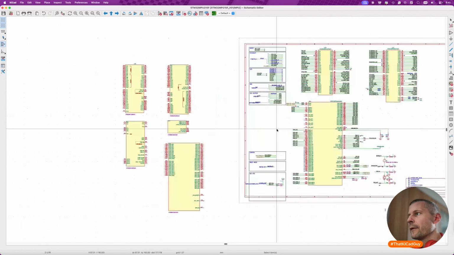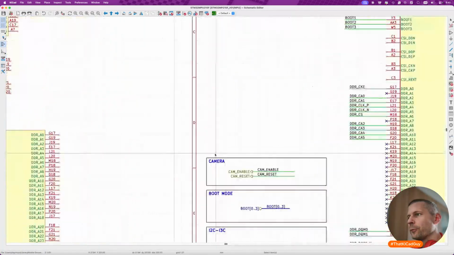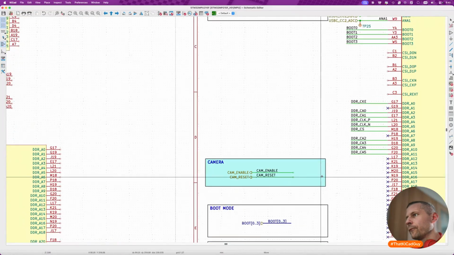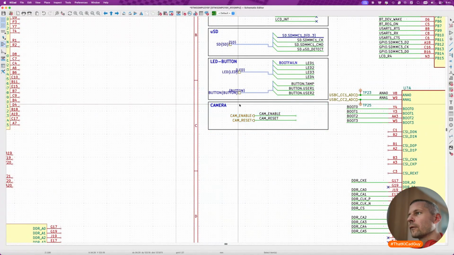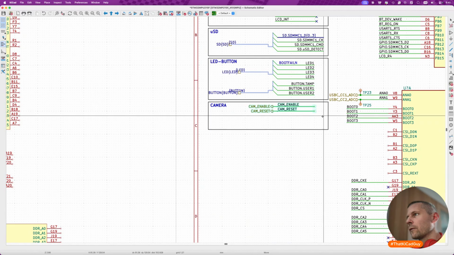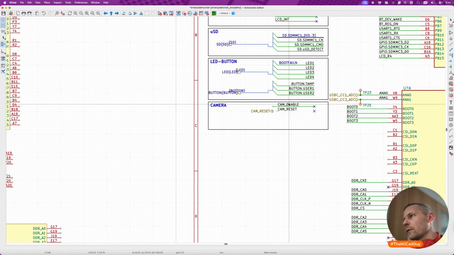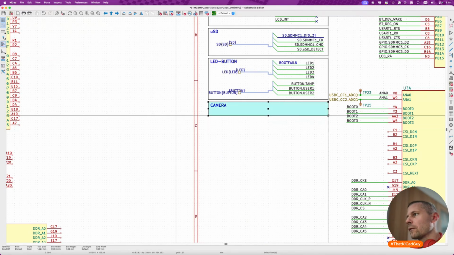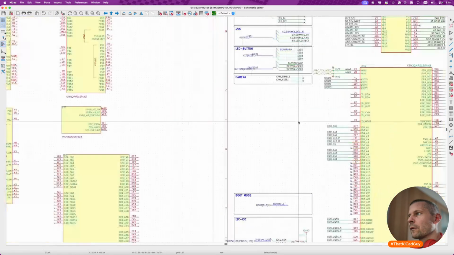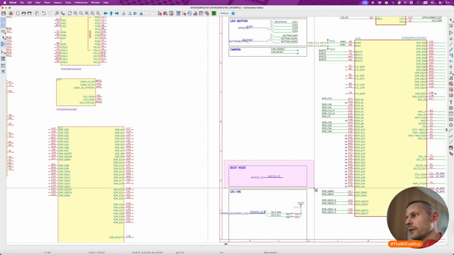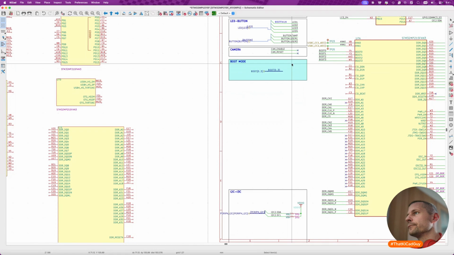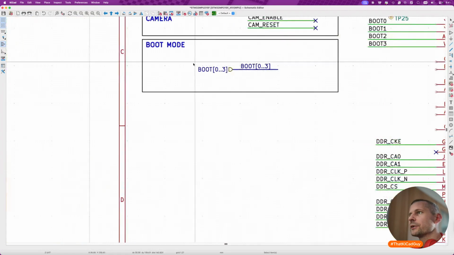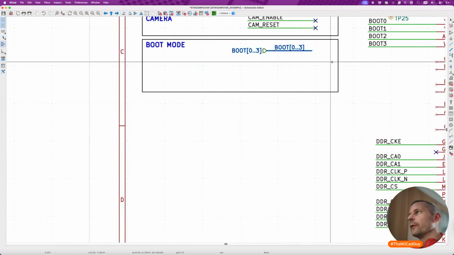Okay. What else? Camera won't be used. Boot mode definitely will be used, but